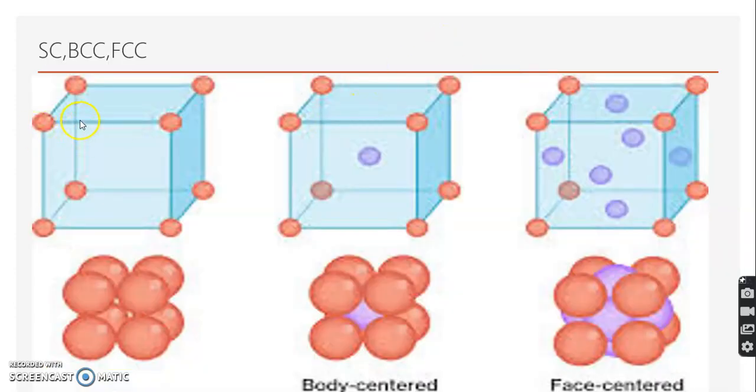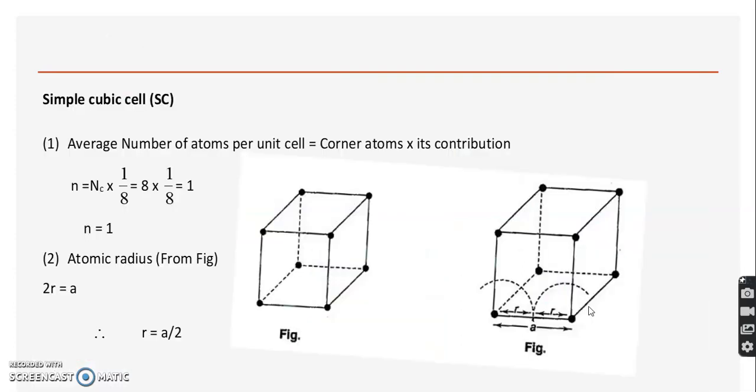You can look at the diagram, the simple cubic diagram. Here you can see the atoms are present only at the corners. The whole crystal structure looks like this. Here you have the atoms at the corners plus one body centered, so the whole crystal structure gives you a view like this. And here you will have all the corner atoms plus all six face centered atoms. So this is a highly packed structure and this is the way it will look.